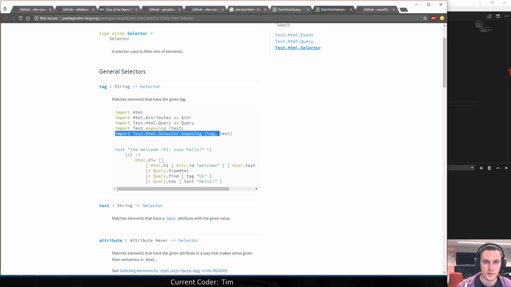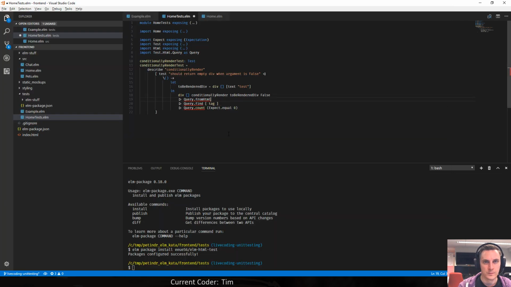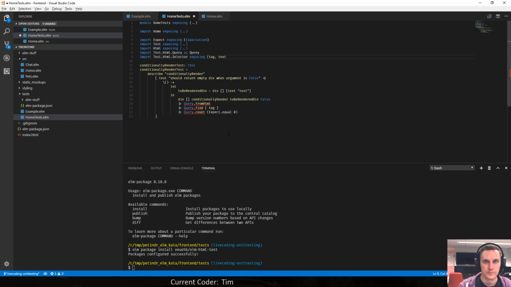I haven't imported these selectors yet. Tag div, I guess. Find all divs. Or just the first one.